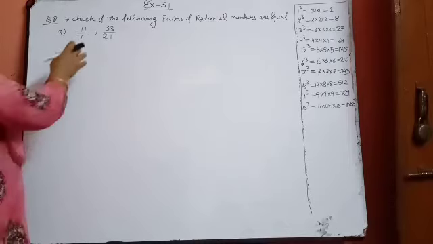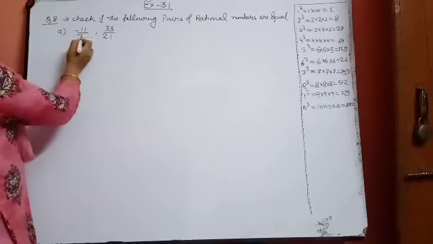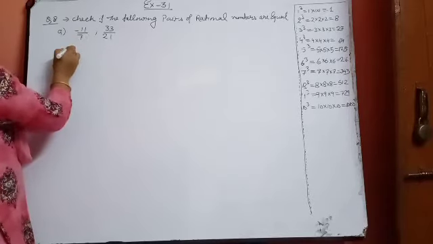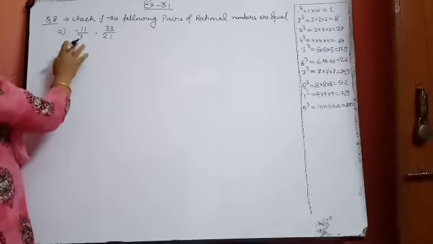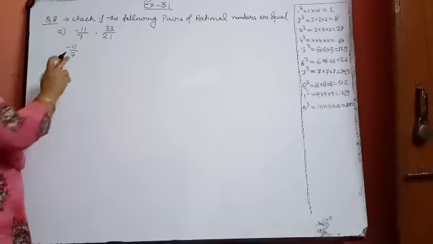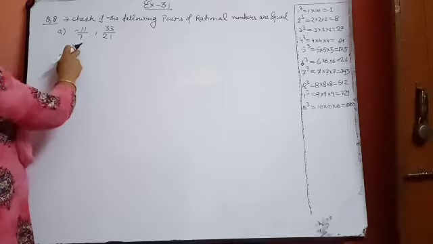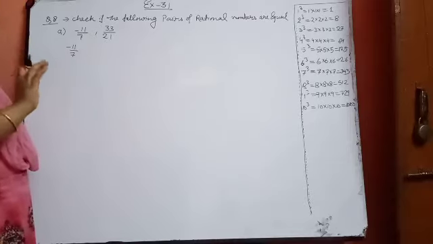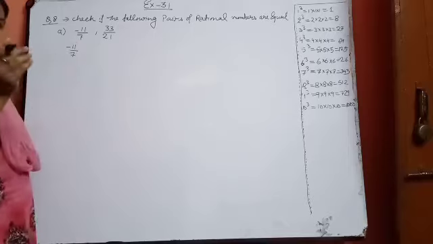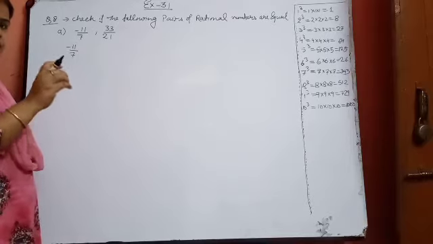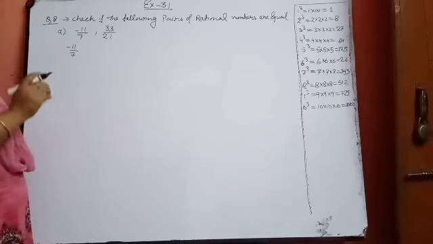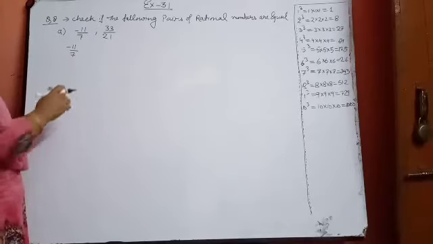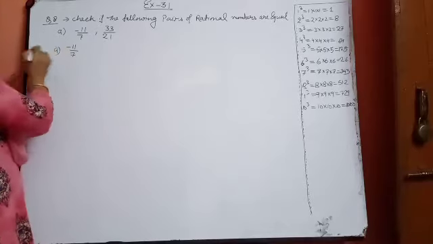So what you will do, see that in 11 and 7 there is no common factor, so it will remain as 11 upon 7, because both of them come in different tables, or you can say both of them are prime numbers. So they can only be their own factor. No other factor will be there, means they cannot come in any other table. So 11 upon 7 will remain as 11 upon 7.